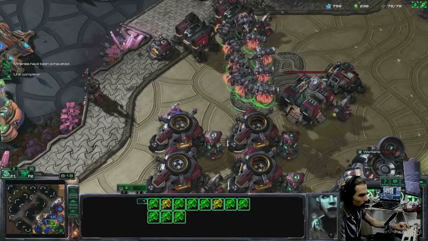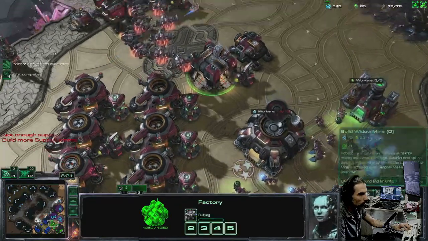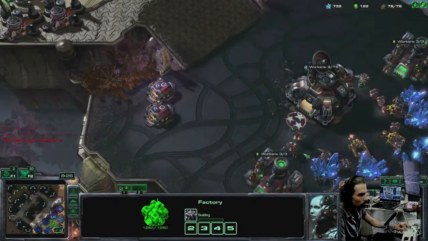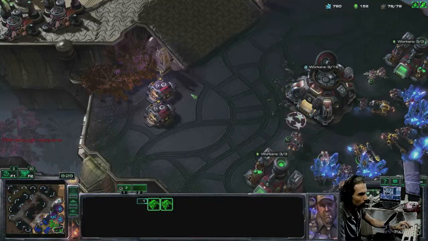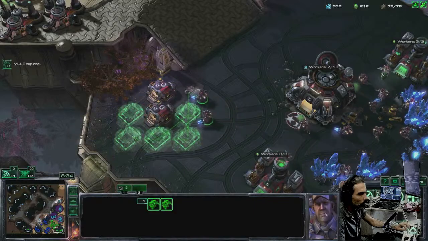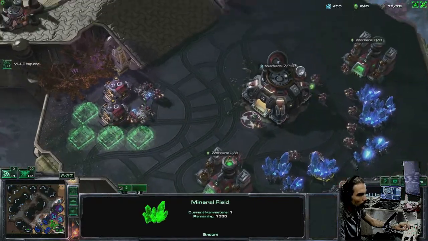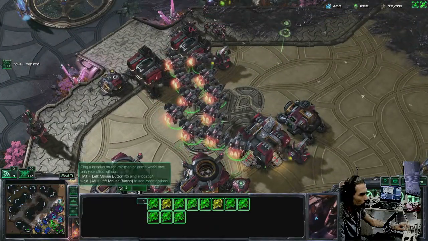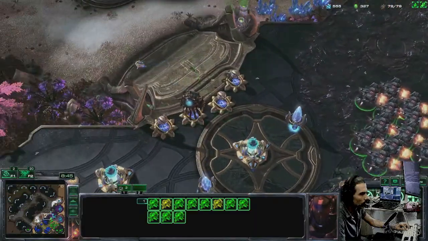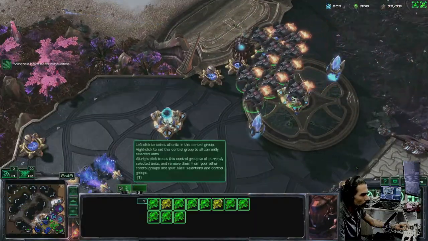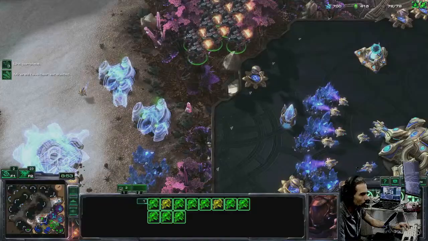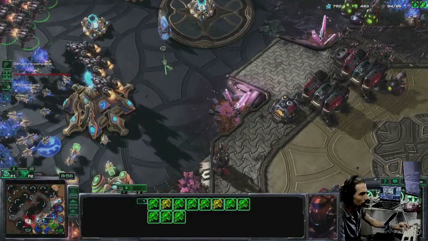Mineral field depleted. Additional supply depots required. Insufficient Vespene gas. Bad news? Yeah, yeah. Will do. Let's get into the fight. Bold. All right. Mineral field depleted. Liberation is at hand. No one lives forever. Our allies are being attacked.